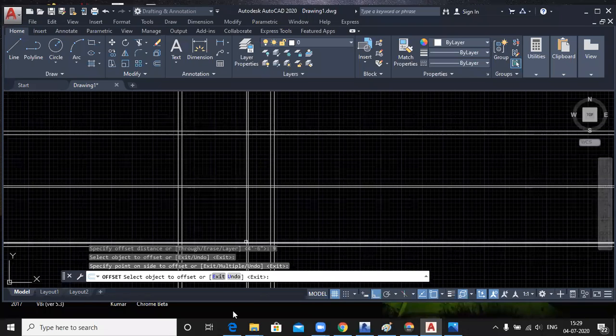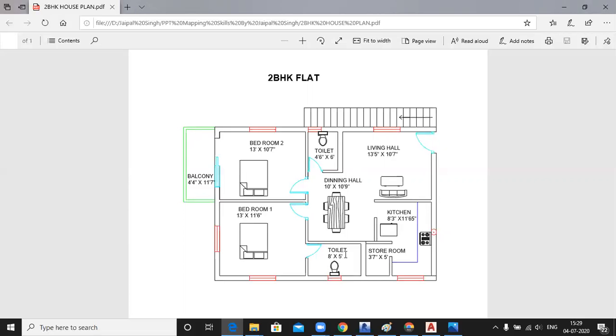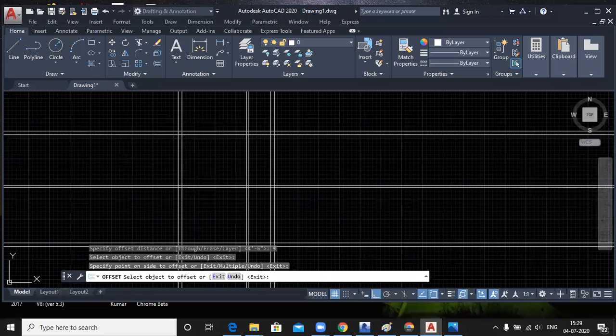Again, you can see for this toilet it is also 8 feet. You just select offset and 8 feet distance from this wall to this.